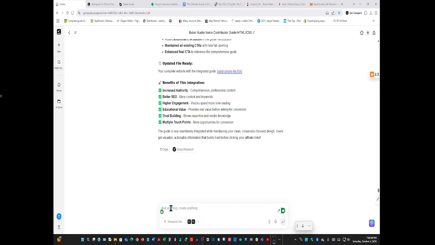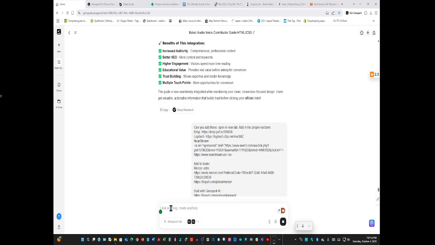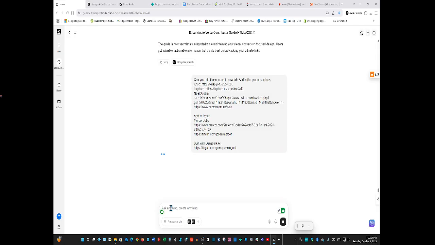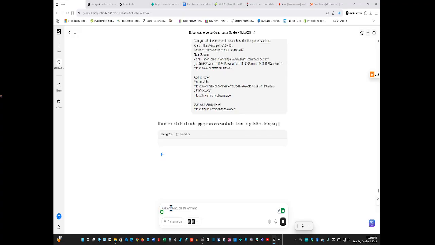Okay, now add these. New tab. So the guide is there. I'm not even going to open it and load it. Let's get all this stuff in here.